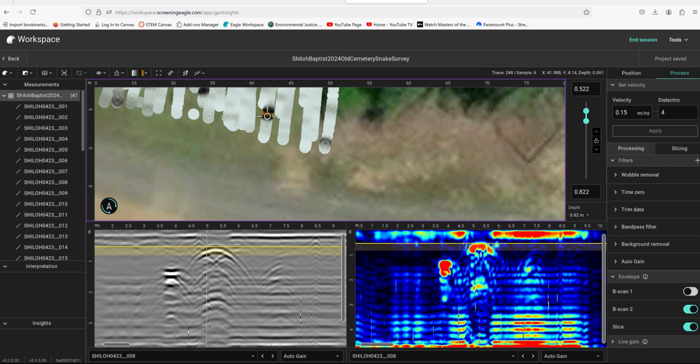We can also still see evidence of the top layer hole being dug, so this is probably a more recent burial site there. So anyway, that is most of the processing there. We can go into a little bit more detail about